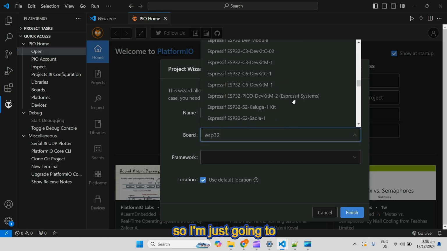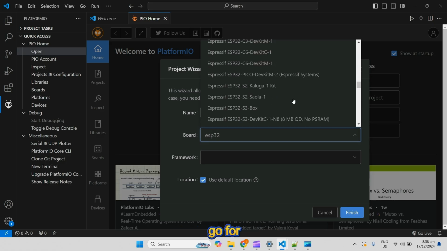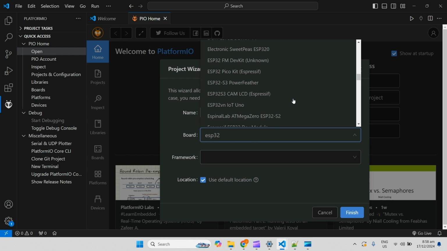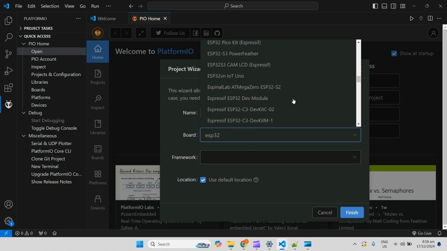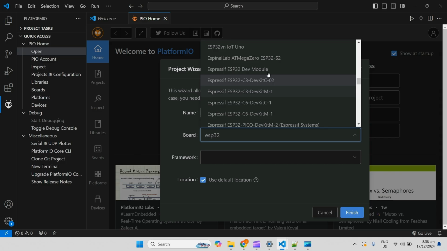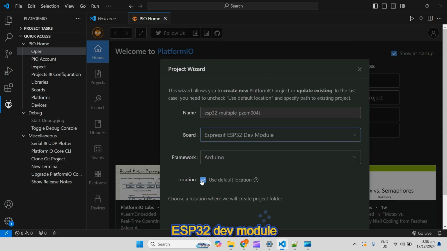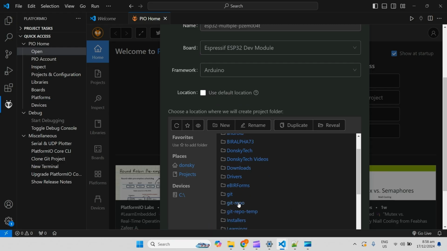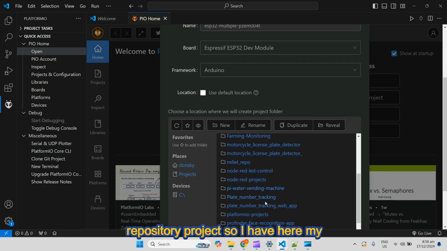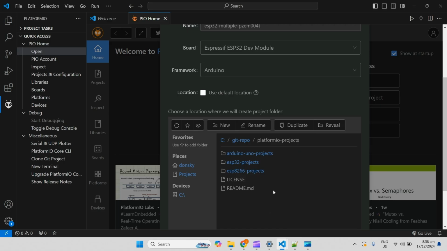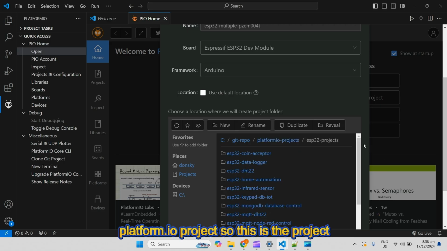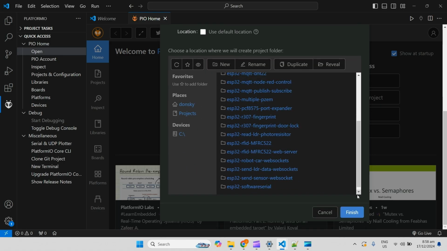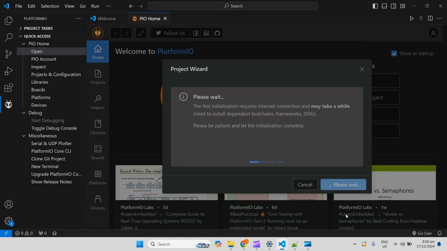I'm just going to go for the Espressif ESP32 dev module. I'm going to change the location to my repository project. So I have here my PlatformIO project. So this is the project, and then I'll click finish.